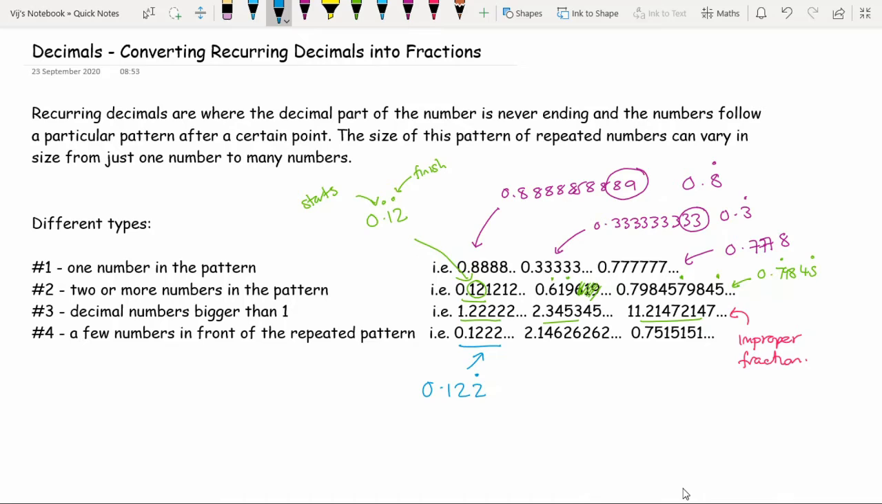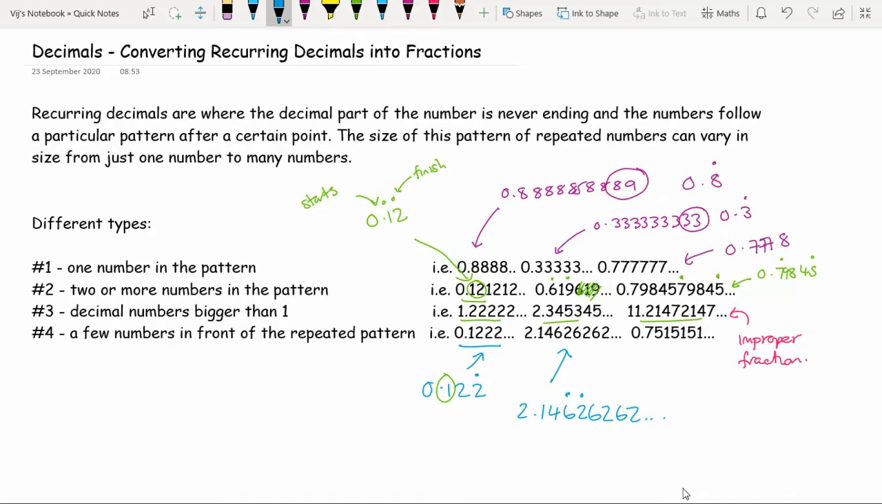The 2s are what goes on forever. But unfortunately, what I have got is this cheeky one that's in front of it. So the repeated pattern starts after a certain number. So for this second example here, we've got 2.1462626, and that goes on. So here you can see that the pattern starts at the 6 and 2, so it goes 6 2 6